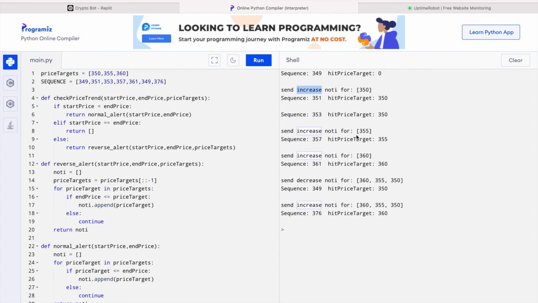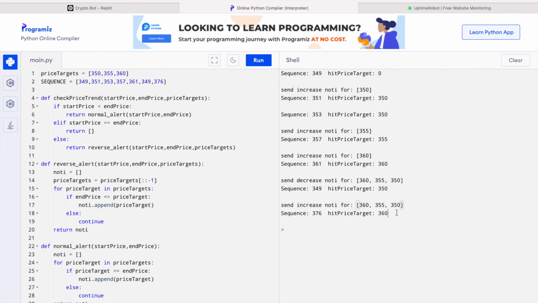And when the first time it passes 355, which is our second price target, it will send a notification, and also the same for 360, and when it dropped back down to 349, it will send a decrease notification instead of an increase notification for the price alert. And when it goes back up to 376, it will also trigger all the increased notifications.